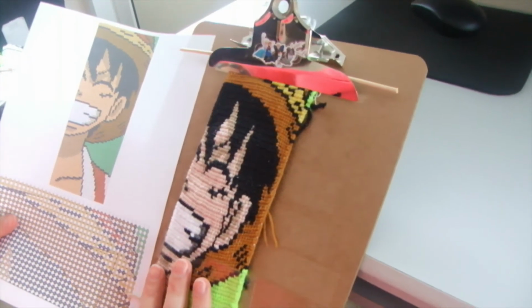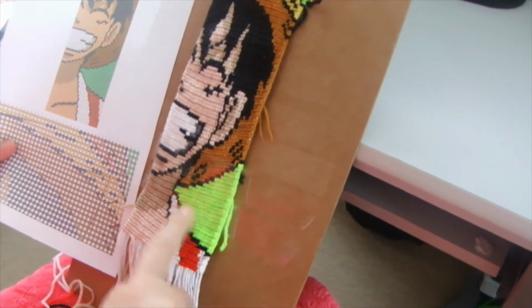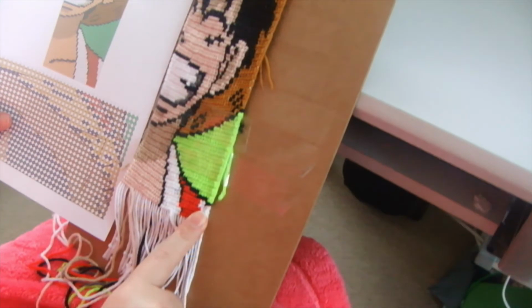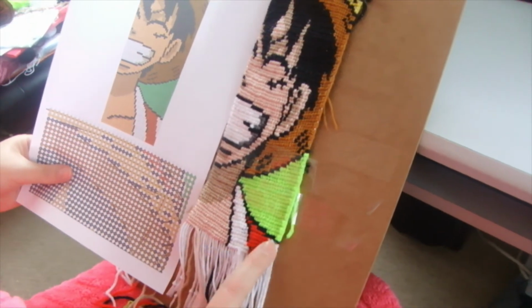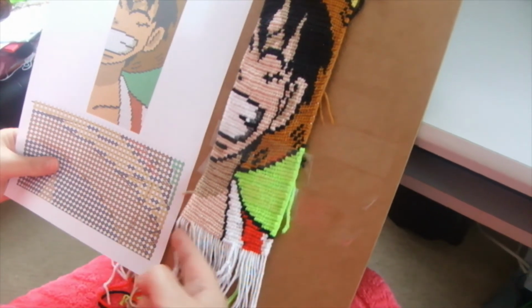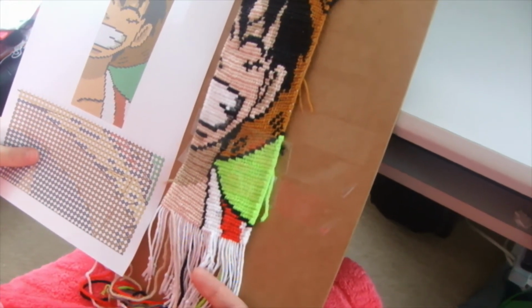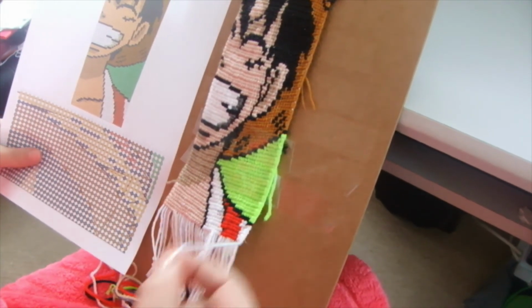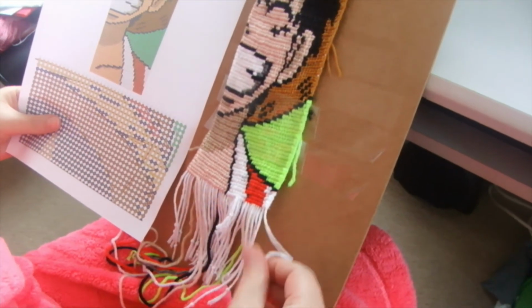Hello again. Look at this. I've been doing such a great work. I mean, look at this. I nearly finished it, but still need to do a bit more. So I need to do maybe about 3 to 4 centimeters. I just hope my threads, the main threads, would be long enough to finish